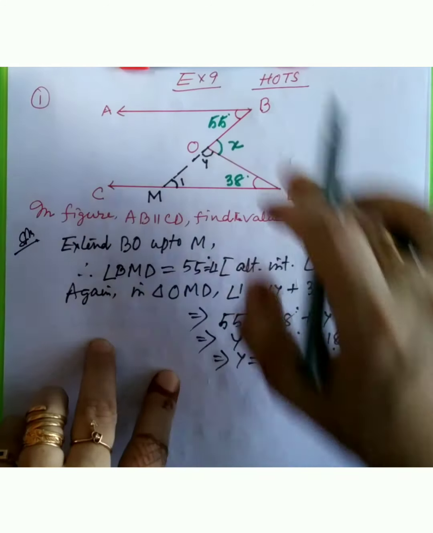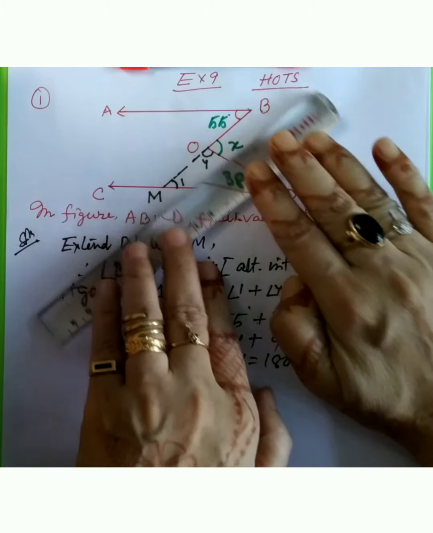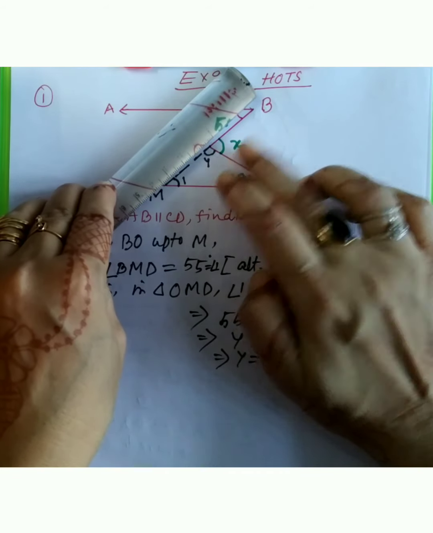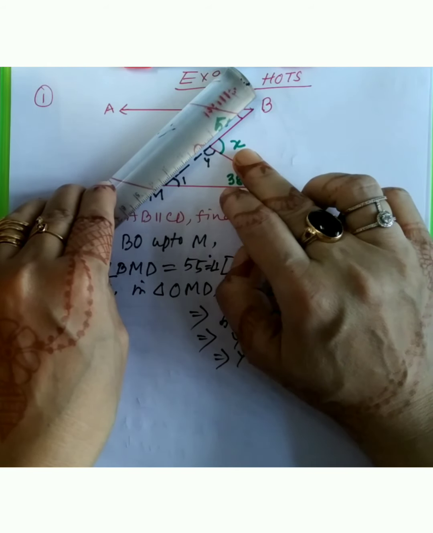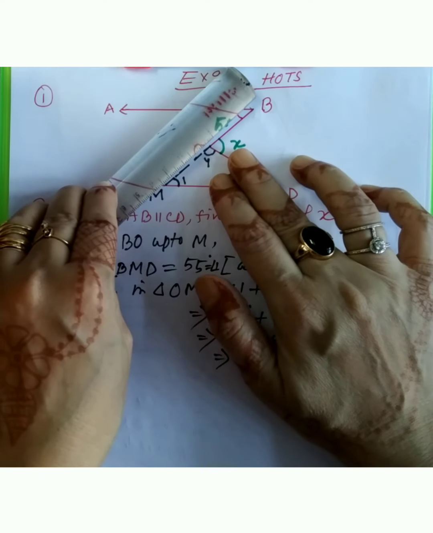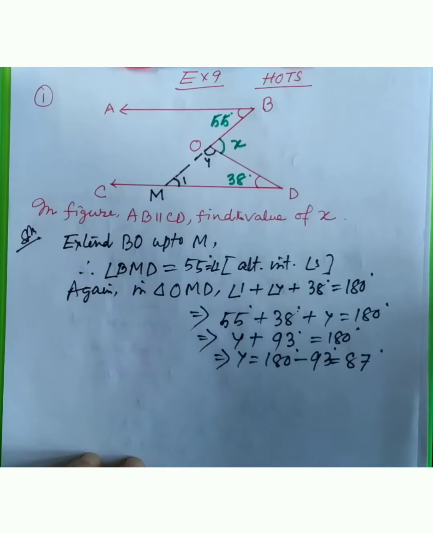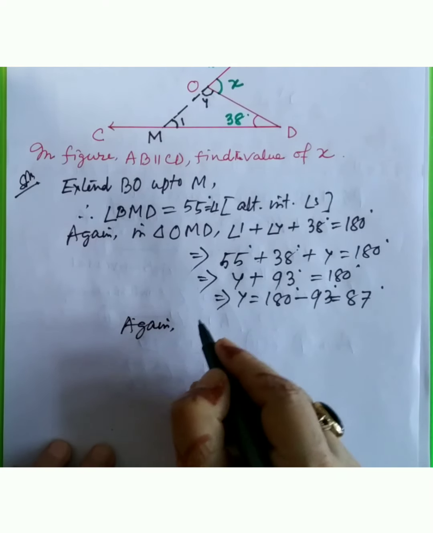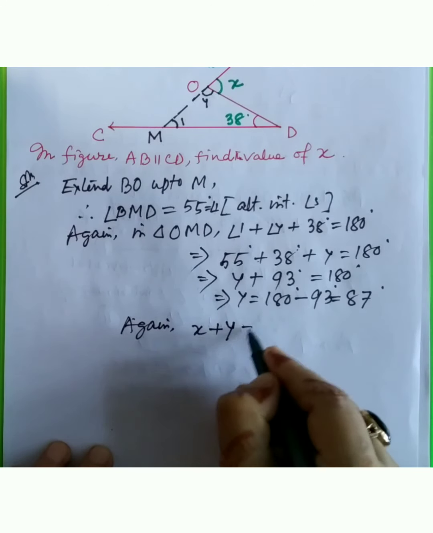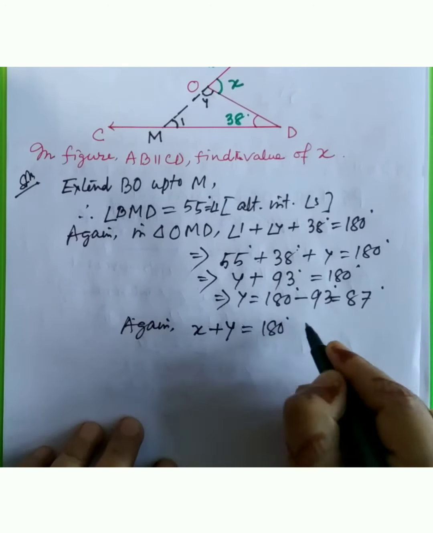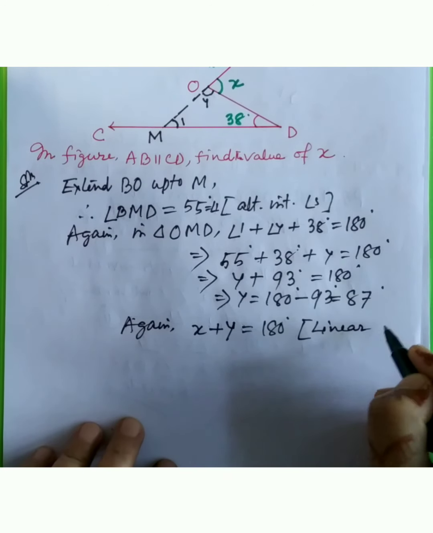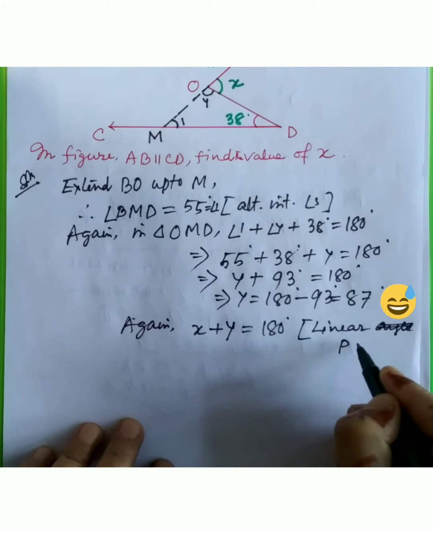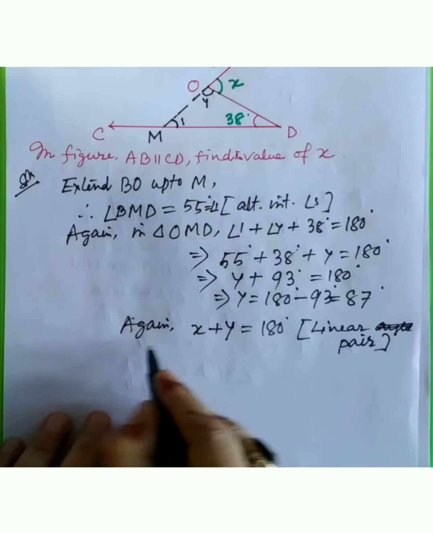Now you see, in this case, x and y are what? Linear pair. This one is a straight line, so x plus y is equal to how much? 180 degree. X plus y is a linear pair, x plus y is equal to 180 degree. Okay, again angle x plus y is equal to how much? 180 degree. Okay, linear pair. Sorry, implies